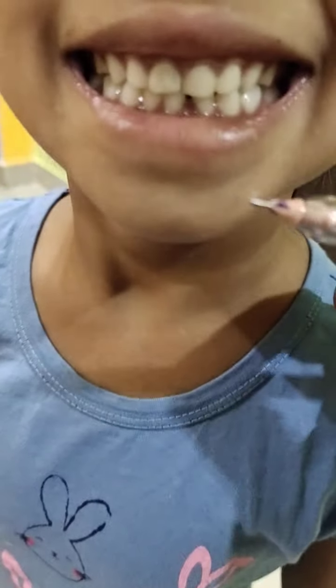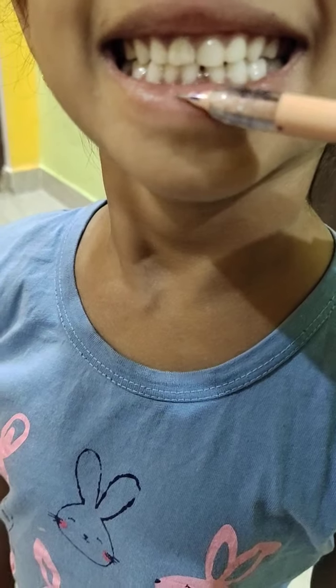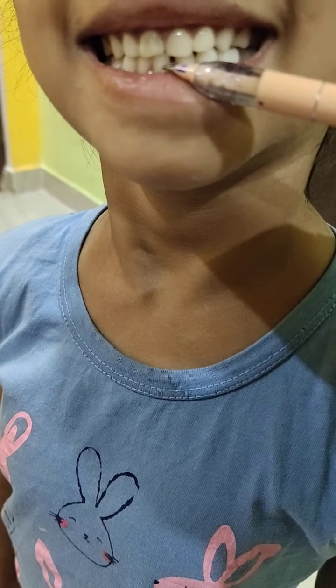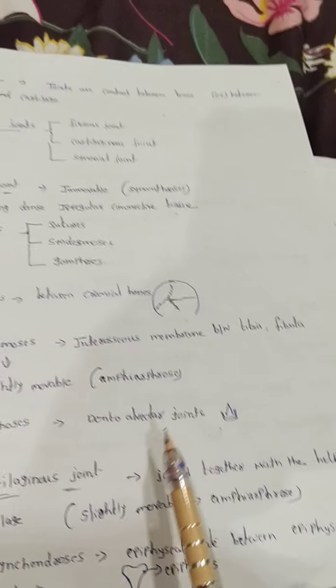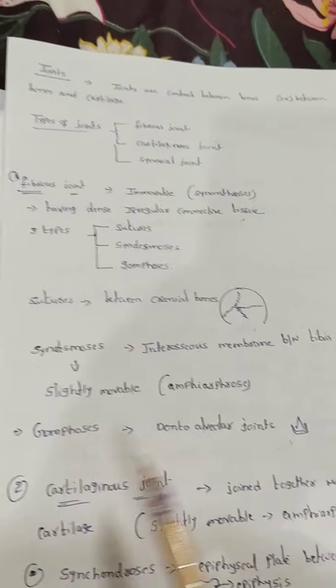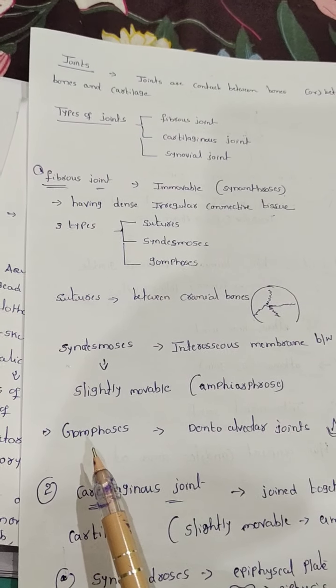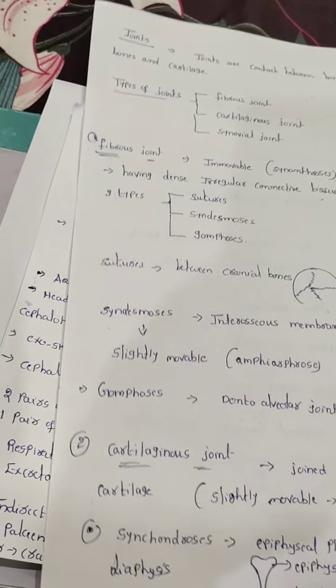See, in this region, this is dentine, below this alveolar cavity. Now that point is called a dento-alveolar joint. This dento-alveolar joint is immovable, and that is called a gomphosis. The next one,